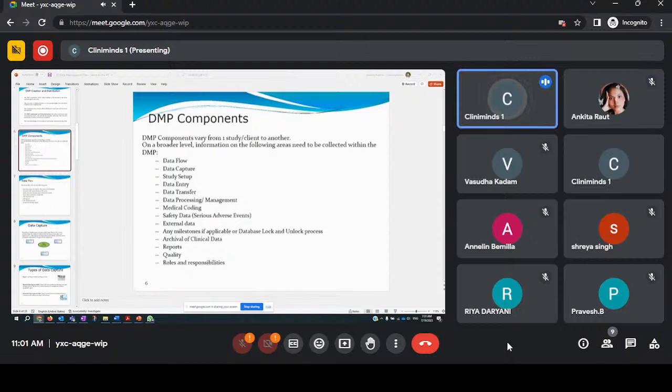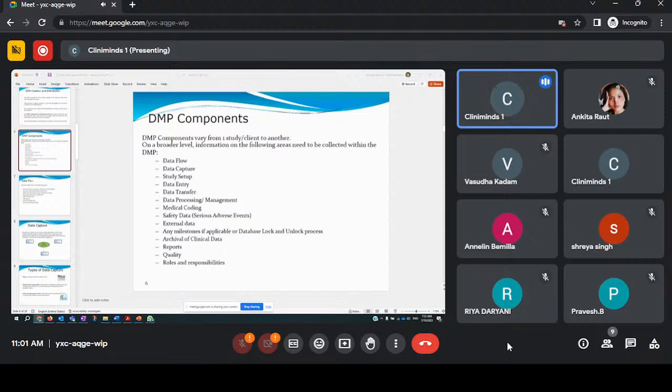As I said, we have different channels of receiving the data, right? So data flow, we need to understand. Patient diaries. Exactly, right? So in some cases, where the protocol says that we need to collect the QOLs, like quality of life questionnaires, or even similar types of questions on health, wherein the patient can answer the questions from their